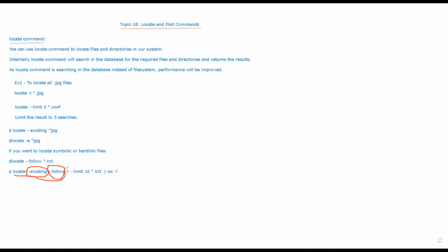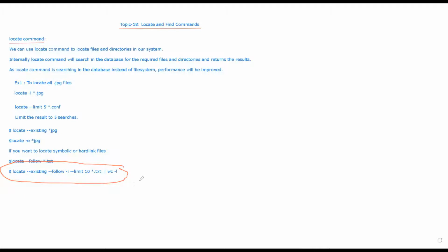So you should use the follow option. To avoid case sensitivity, I should use the -i option. If you want to limit the result, I should use the limit keyword. And now I want to count the files, so I use the pipe operator and count the files.